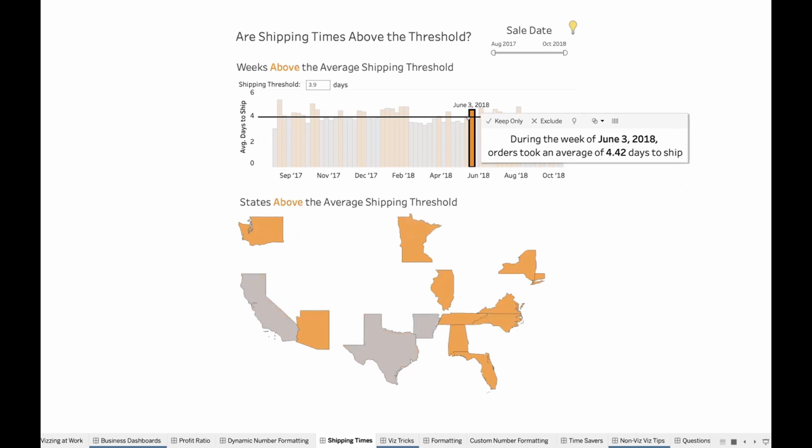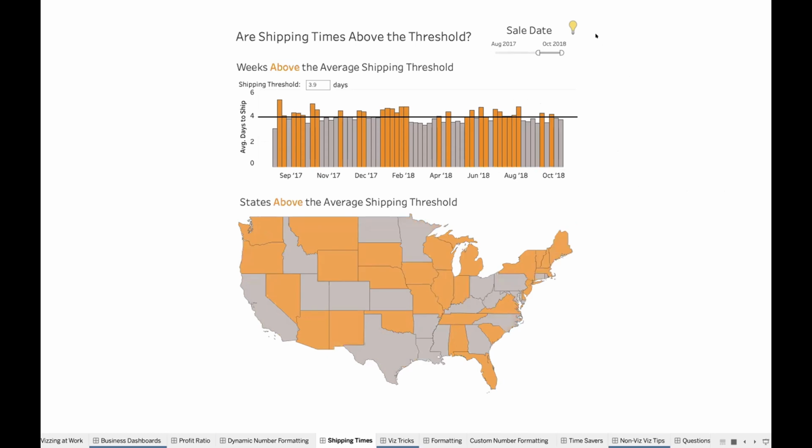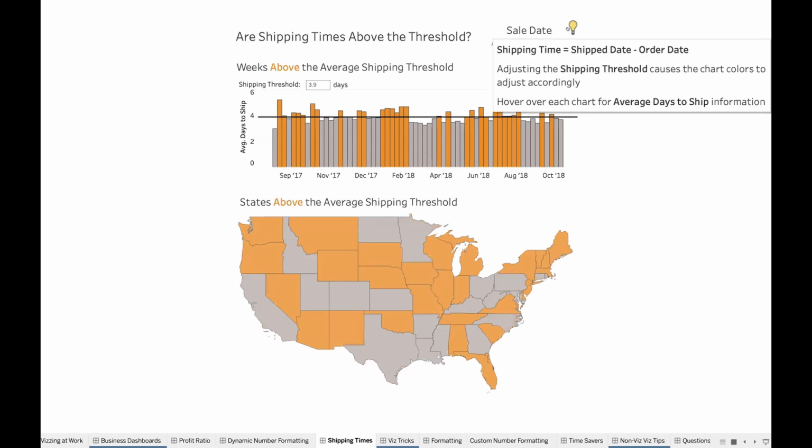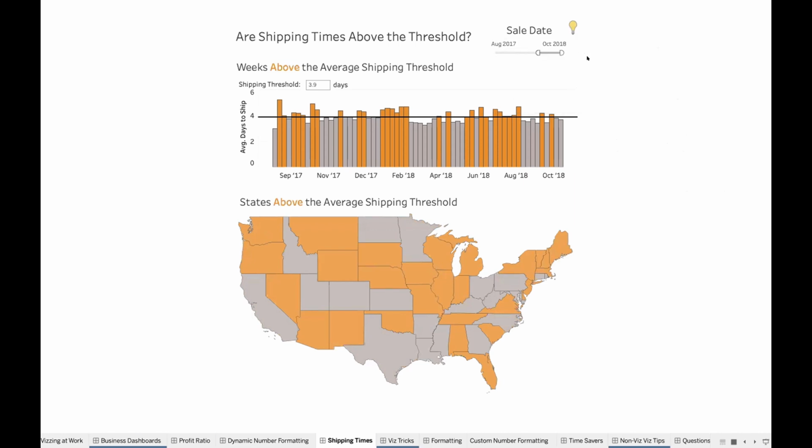So just another level of detail for your clients so they can dig in and answer their own questions before they come back to you and ask you to create another new dashboard here. Again, I've included the tooltip in the top right that you could hover over to see the instructions. One really cool piece of functionality that I want to point out here that I can't show you because I'm not on Tableau Online or Tableau Server, but if you have this published on Tableau Online or Tableau Server, I highly recommend that you set up data-driven alerts with this type of dashboard.